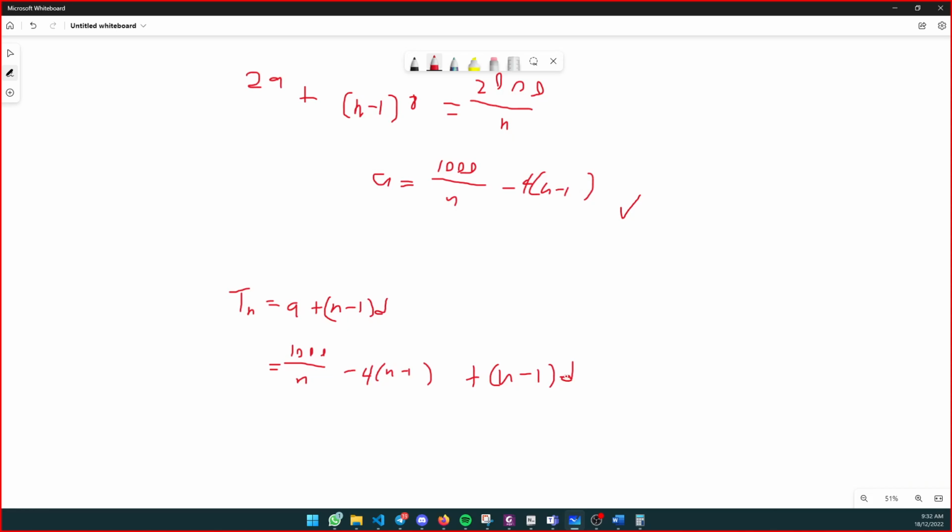So we can shift plus both of these together. Excuse me. We will get 1000 over n plus 4 and minus 4. We will get this thing. And what do we do here? Okay, so this is where that less than 4000 comes from. Okay, so we have to say that this thing is